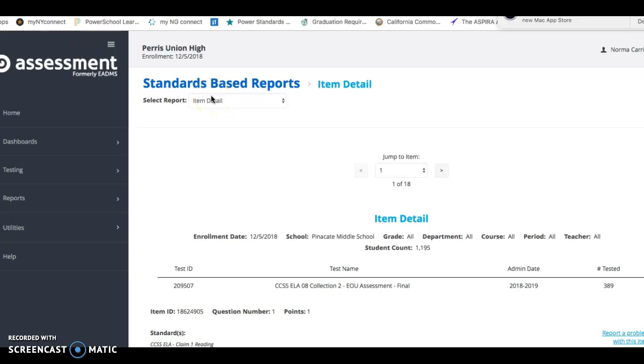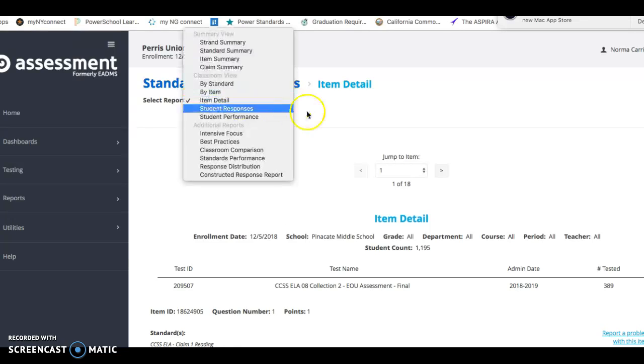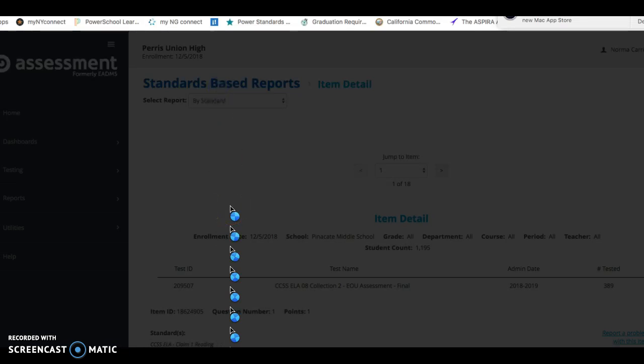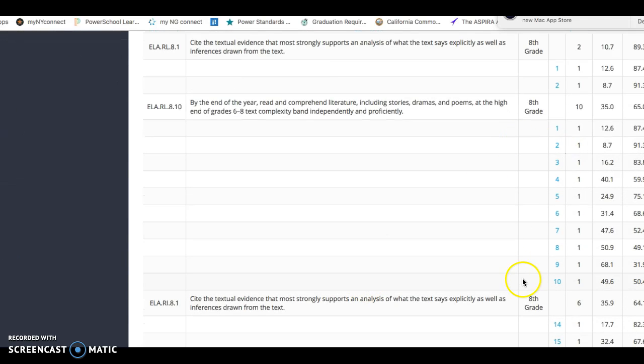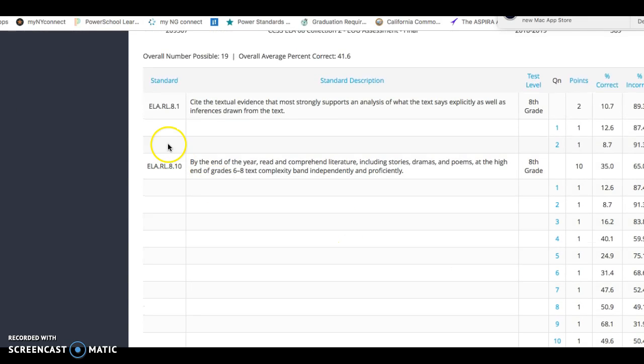So in order for me to go back to where I was, again, I'm going to just go to select report and go back to by standard. Okay, and you can take a look at the different questions there. So you'll see reading